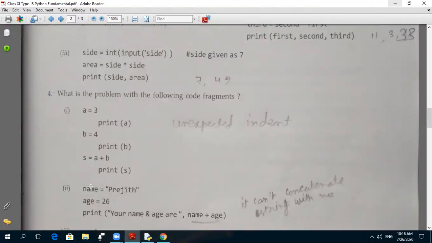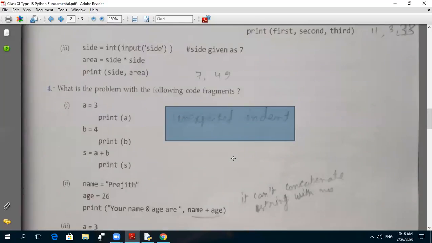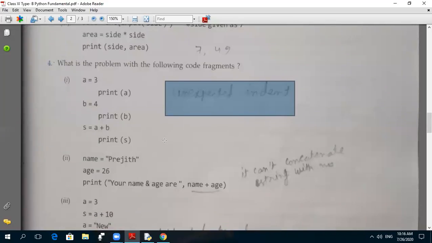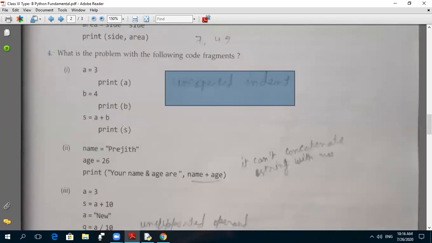तो यहाँ पर क्या है? स्पेस आ रहा है बट कोलन नहीं है, तो there is an error. तो यहाँ पर क्या लिखा है? Unexpected indent. This is an error. Similarly this line is also an error, this line is also an error. तो आपका error का नाम होगा unexpected indent. Now it is clear? Yes, sir.